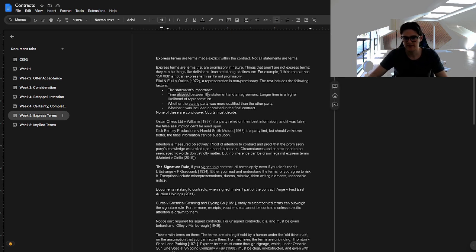Time elapsed between the statement and the agreement, so the longer time has a higher likelihood of it being a representation. So for example, if I say to you, this piece of sticky tape is guaranteed to be able to tape 2 bits of fabric together, right? And then in 6 months you buy the tape, well, chances are that statement is going to be more likely to be a representation because you're not buying the product in reliance of that particular statement, or there's less likelihood